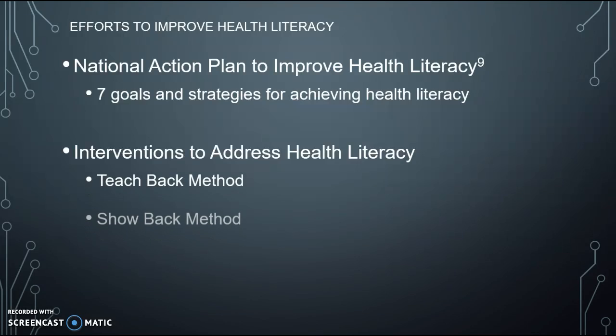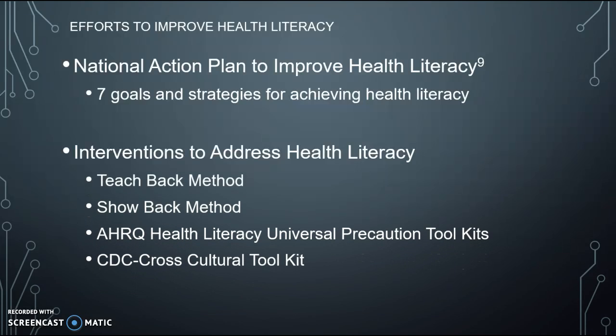What is being done to improve health literacy? Over the years, the National Action Plan has highlighted 7 goals and strategies for achieving optimal health literacy, which include development and dissemination of accurate health information, promoting change in the healthcare system, incorporating accurate, standardized, evidence-based, and developmentally appropriate health information, supporting and expanding local efforts to provide culturally and linguistically appropriate health information, building partnerships, developing guidance, and